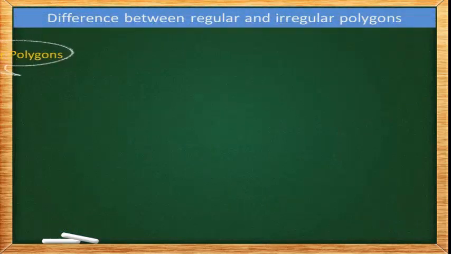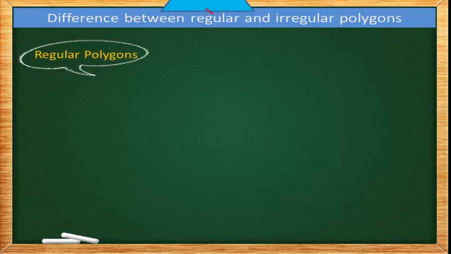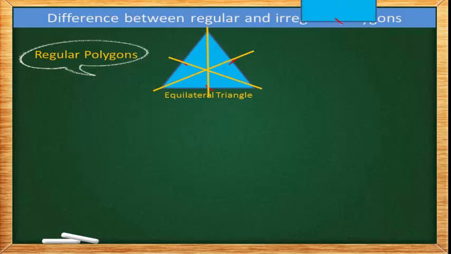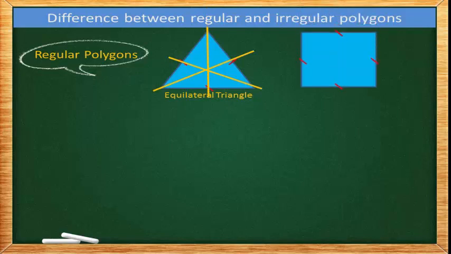Now we are going to study the difference between regular and irregular polygons. Now children, what are regular polygons? Yes, a polygon where the sides and angles are equal. They are known as regular polygons. But if the sides and angles of the polygon are not equal, then they are called irregular